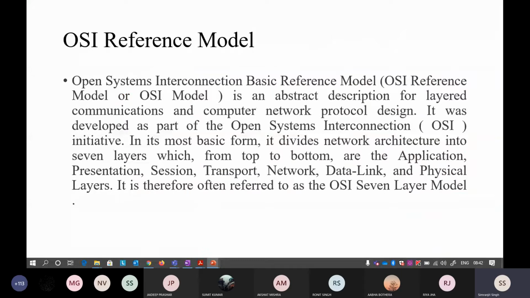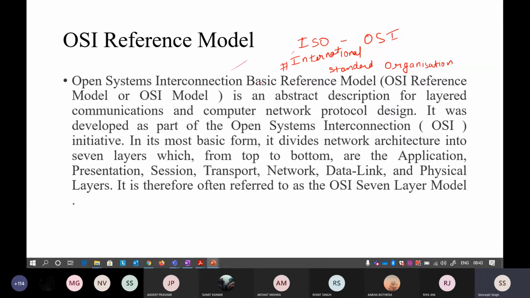So the full form of OSI is Open System Interconnection. Okay, so it is also referred to as ISO OSI. ISO means International Standard Organization. I think you know about this. ISO is a standard providing organization that provides standards to different fields. If you are studying software engineering, you will also find ISO 9000 kinds of standards in this. Okay, so it is just an international standard that is followed by everyone around the world for basic networking.